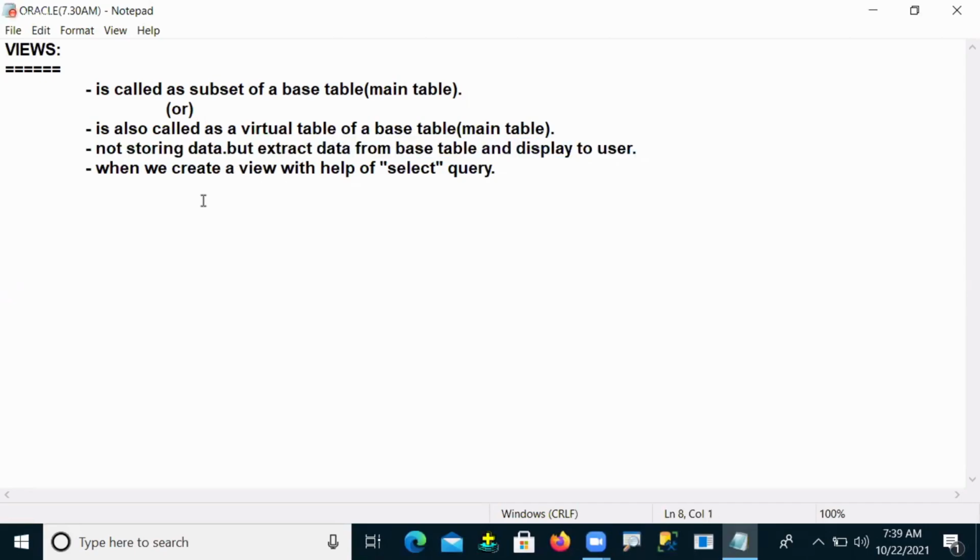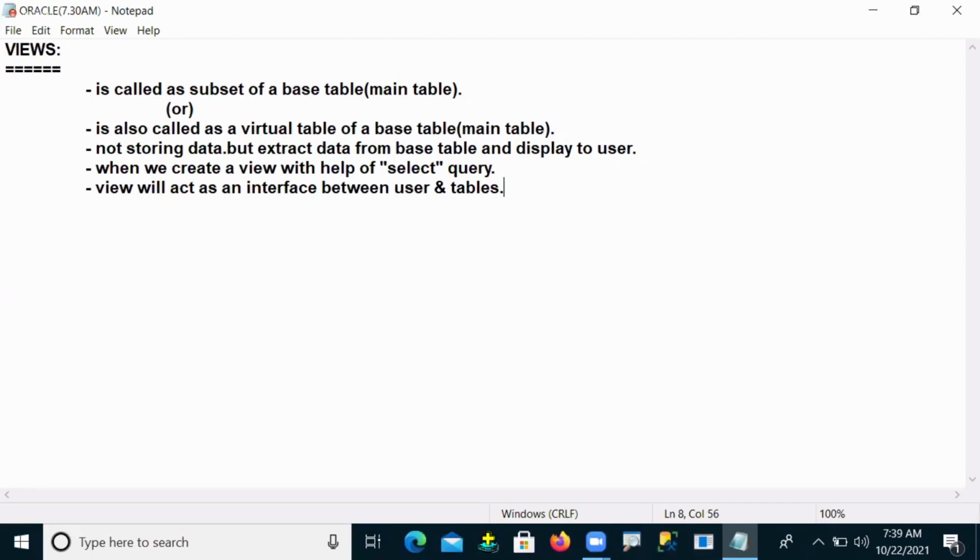As per this point, the view will work like this: it will act as an interface between the user and tables. How will it work internally? It works like an interface between user and tables.